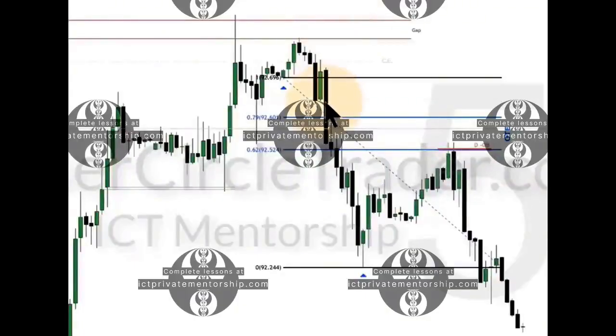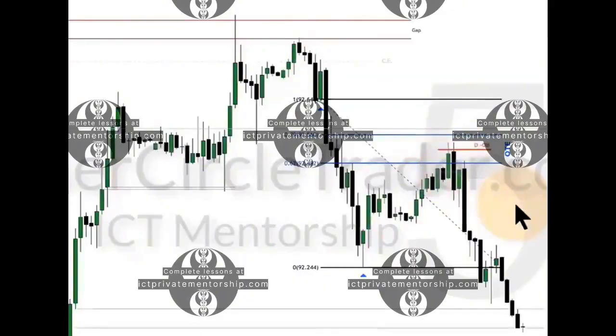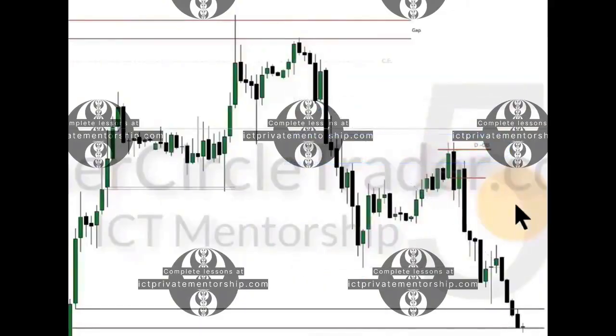Now we're going to look at the secondary change in the state of delivery, which is this low here at the opening price. There. When it creates that up close candle, draw your fib from that down to the low, same thing. You get essentially the 70.5 level, but optimal trade entry nonetheless. Market breaks